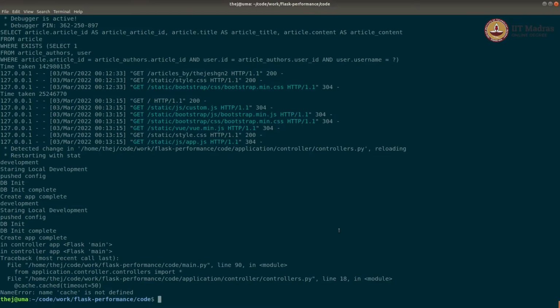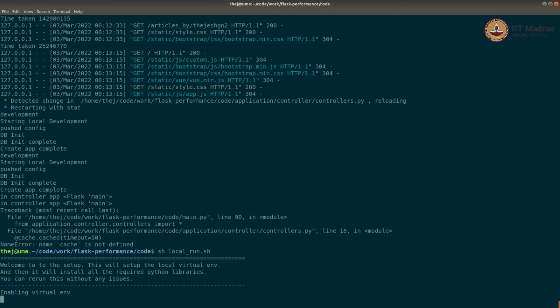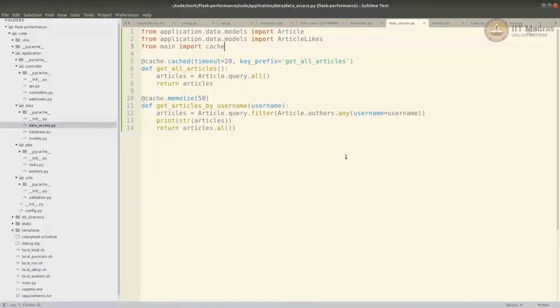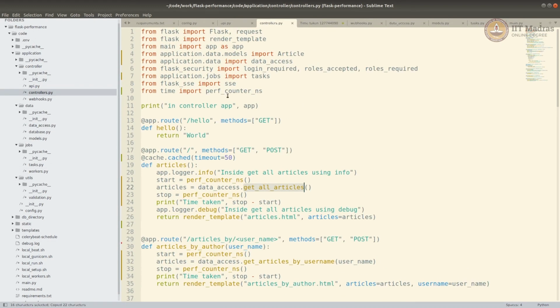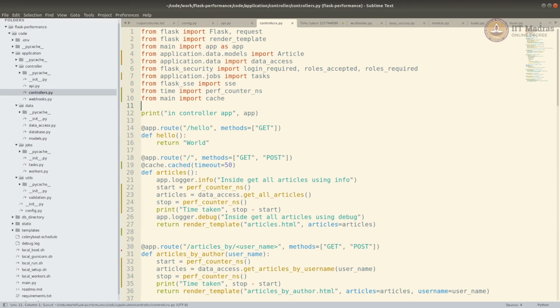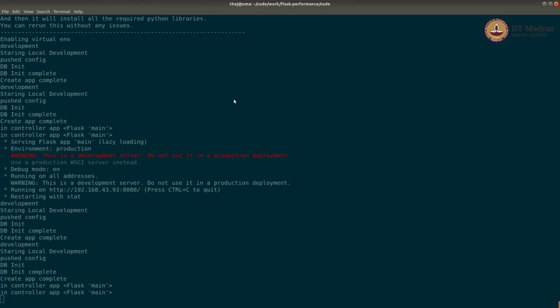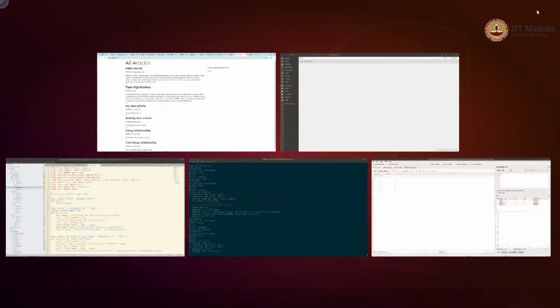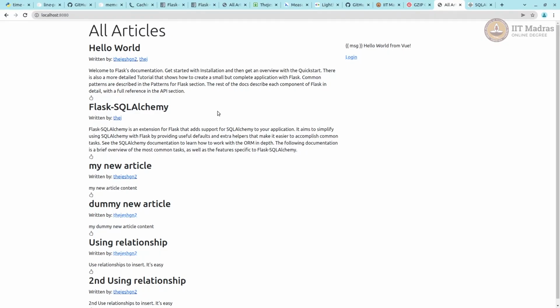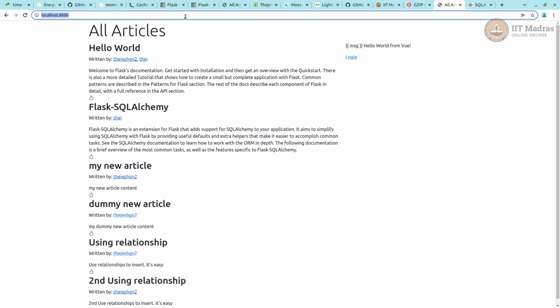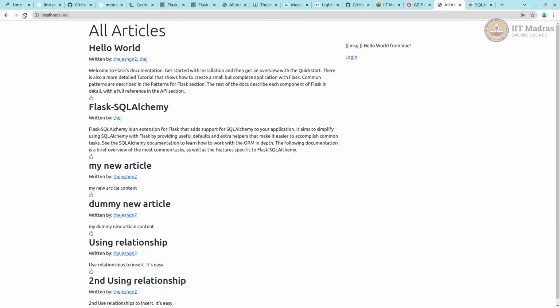Okay, I need to import it in the controllers. Okay, start this. Okay, now let me just go back to the browser, and if I do this and this,